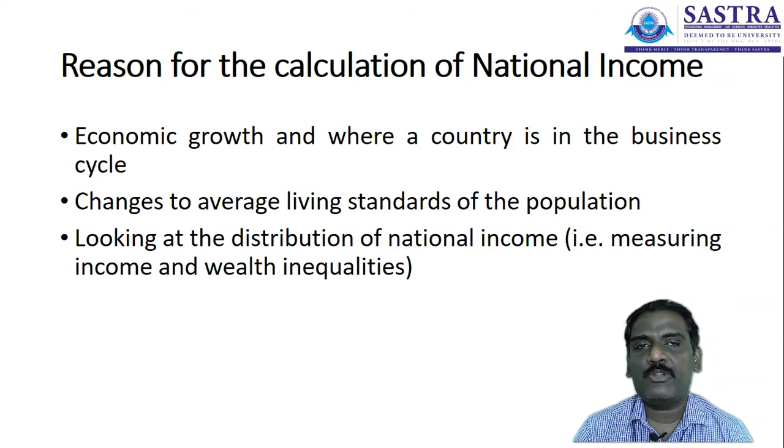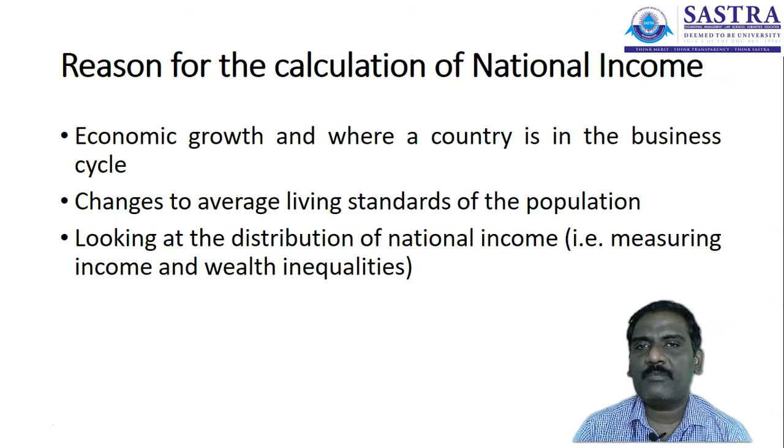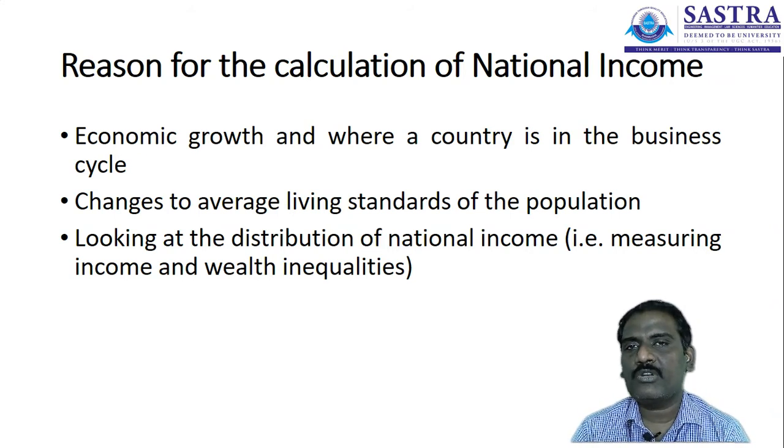And looking at the distribution of national income, it measures income and wealth inequalities, where, depending on the kind of economic system followed by the country, they can understand and distribute the income accordingly. It differs between a pure market economy and a mixed economy. So it is like capitalism or nationalism, or like socialism. The mixed economy is an aggregate of all the things. Accordingly, the distribution of income and wealth may happen in the particular country.